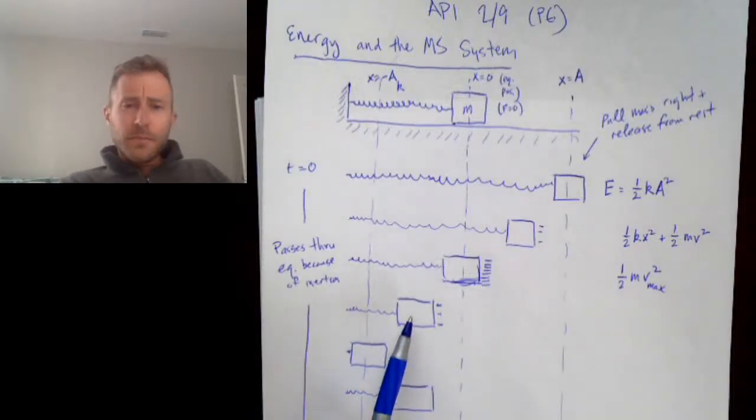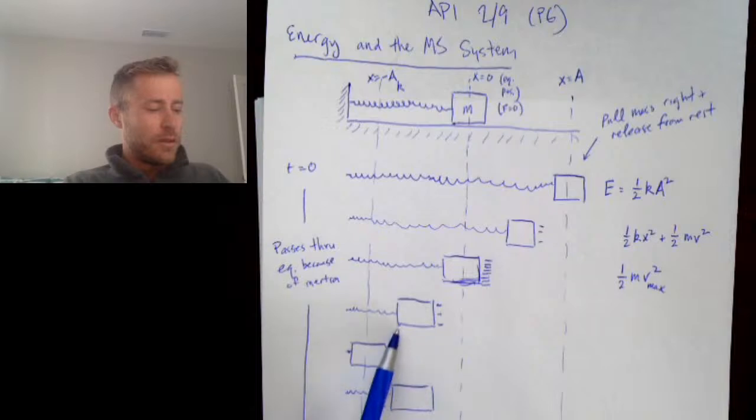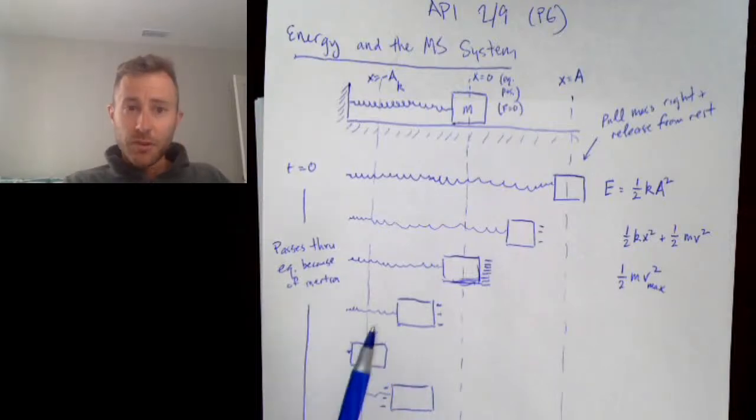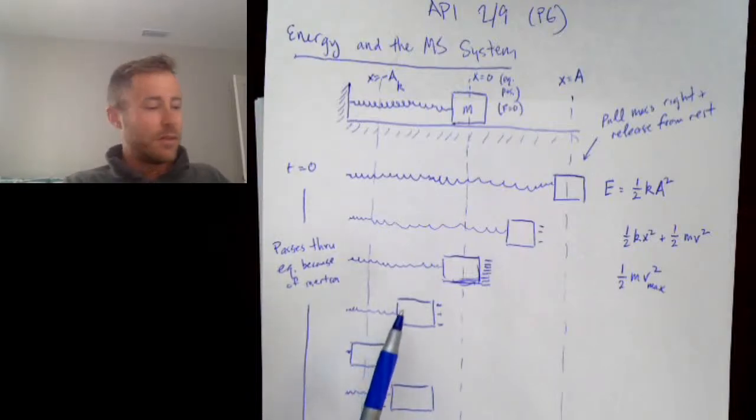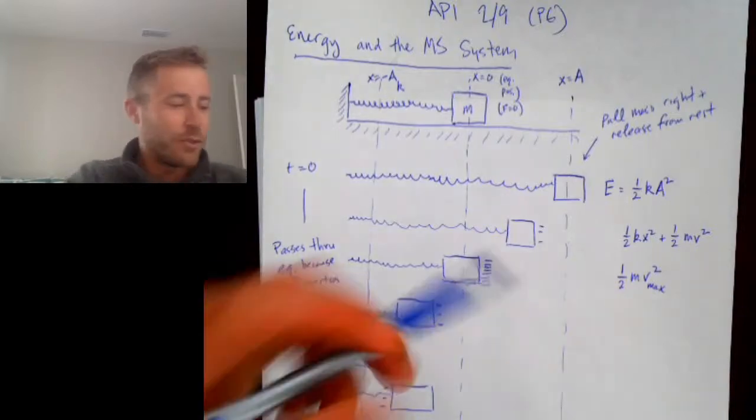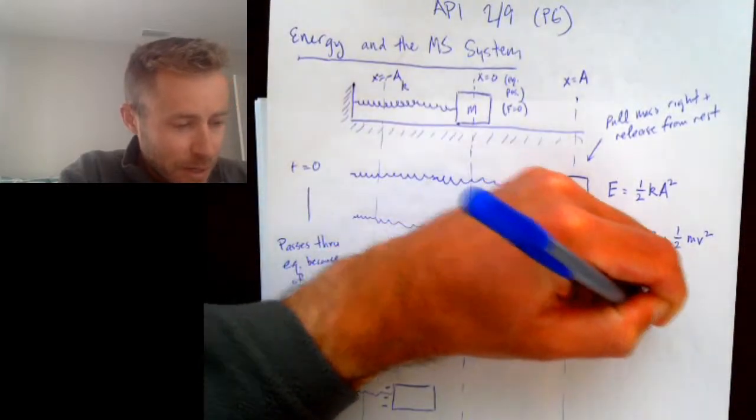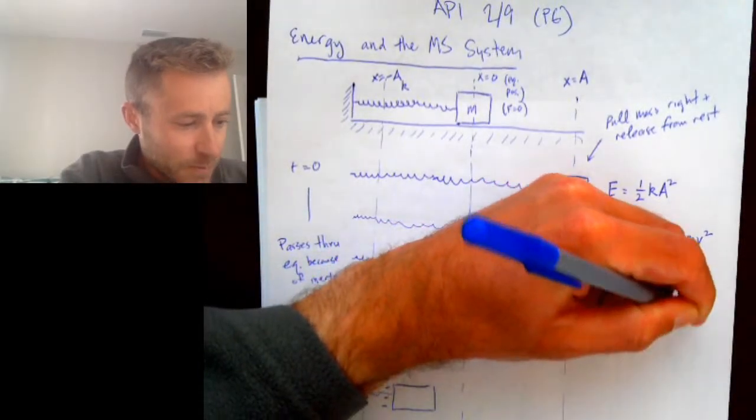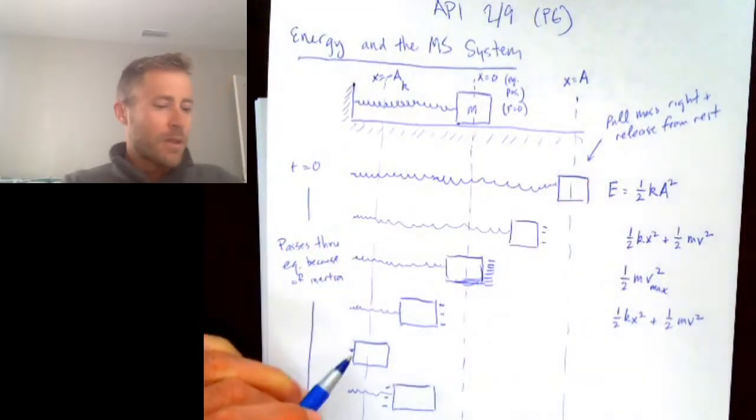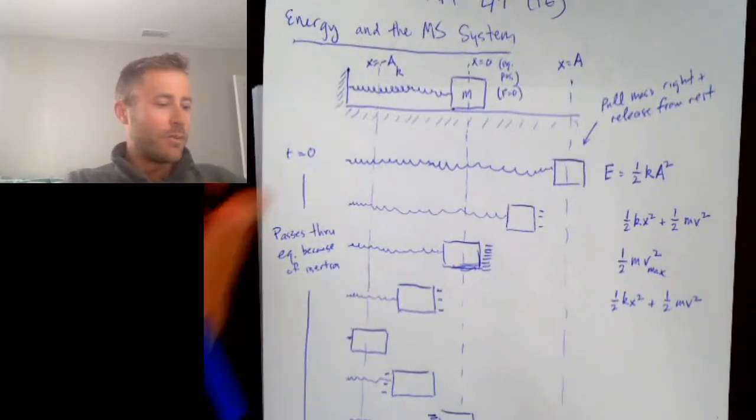Now, at this moment in time, we have that the spring is partially compressed and that the mass is moving to the left with a moderate speed. So we have both elastic potential and we have kinetic. Then here at full compression, we have no